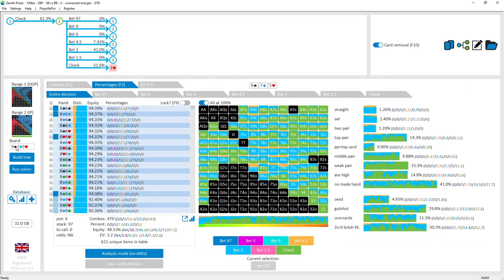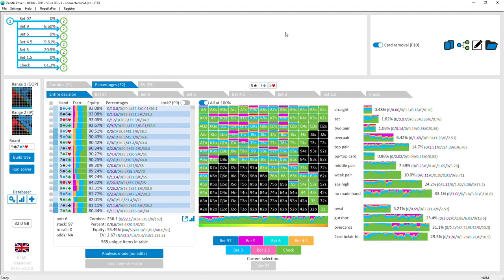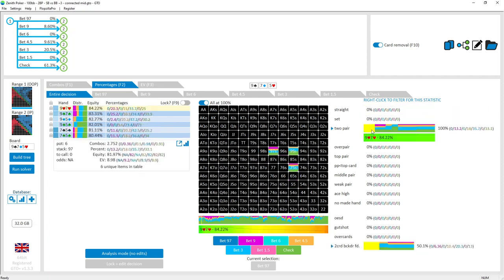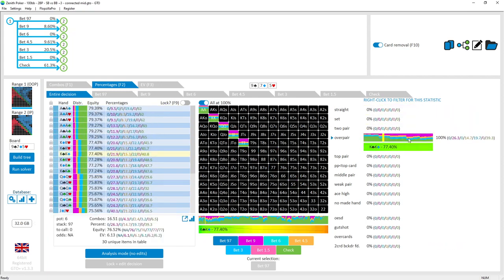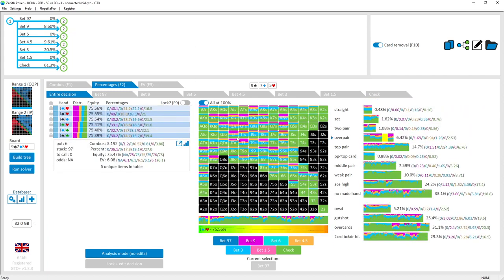Check. I mean, 9-7-5 is a little bit of an exception to the rule. I said most of the time the big blind's going to be betting a bit bigger because 9-7-5 makes so many pairs for the big blind, and there's overcards to try to deny equity from. The big blind is going to be wanting to bet only half pot, and then the small blind instead, when they've got a strong hand like a straight or a set or an overpair. These overpairs, tens and jacks in particular,